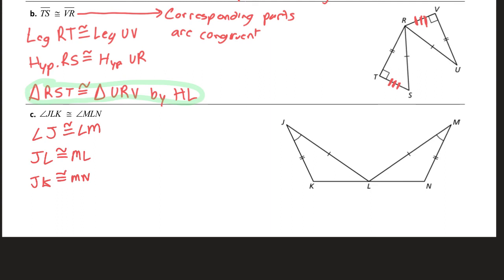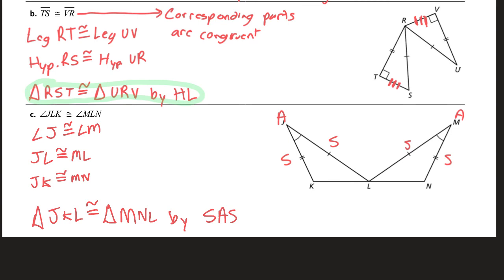are congruent. So from this, it's going back to some of our theorems from before, but these triangles, I'll say triangle JKL, is congruent to triangle MNL by, and we've got a side, an angle, and a side. A side, an angle, and a side. So these are congruent by SAS. So that means these are congruent because they are corresponding